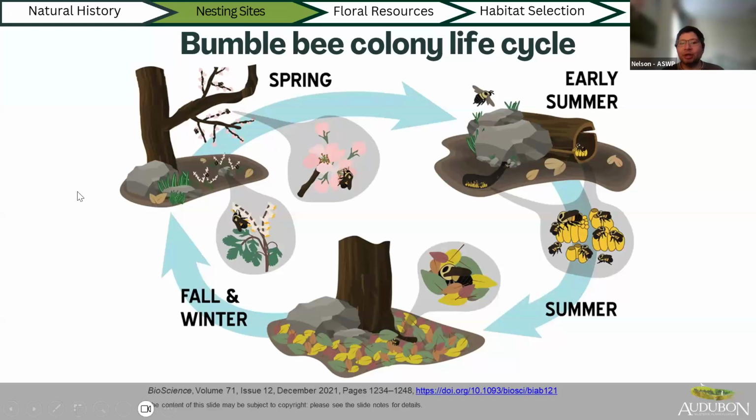Okay, so that's going to be their behavior in the spring. They'll be doing a lot of foraging. Then maybe by the middle or the end of next month, we'll start seeing fewer and fewer bumblebees out, and it's because they usually establish nests. Now, you might see fewer common eastern bumblebees, but because there's a variety of different species here in Pennsylvania, we might start seeing queens of other species that are just emerging, and that live probably further into the fall. But if we had to take a little snapshot of what their nest looks like inside,